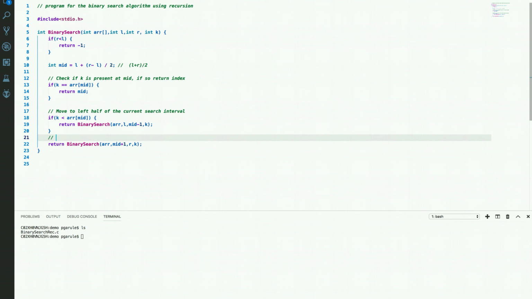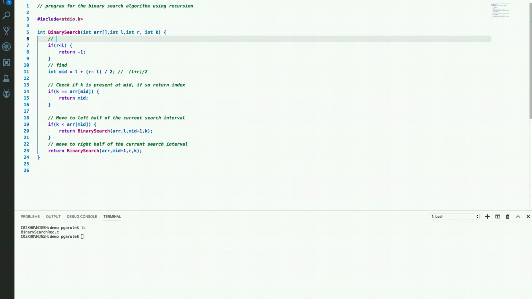Here we are moving to the right half of the current search interval. And here we are finding mid. Here we are checking for invalid intervals.